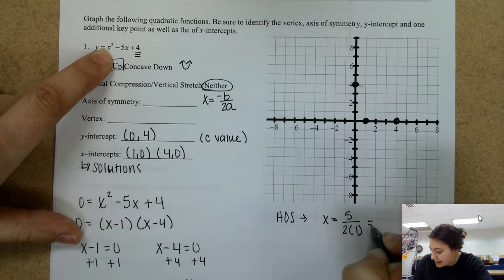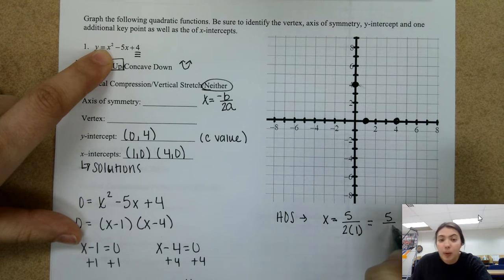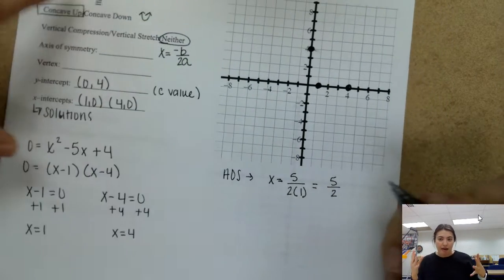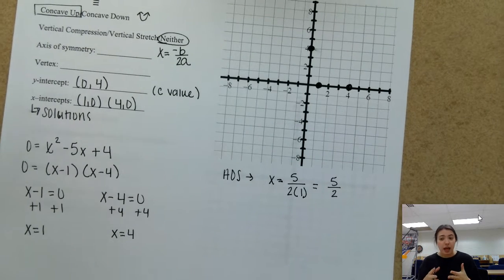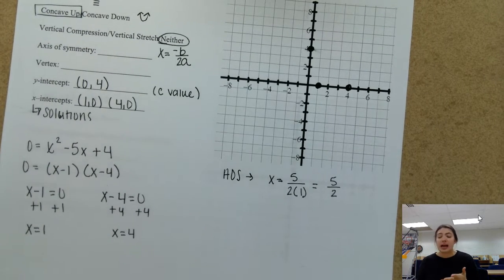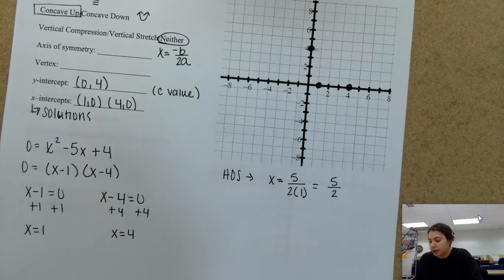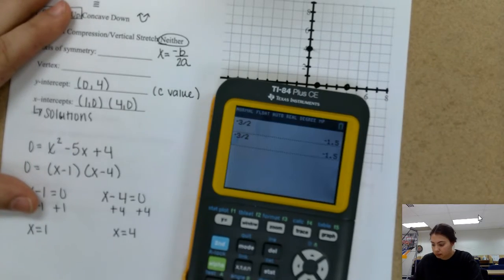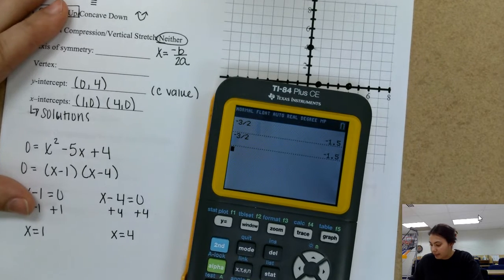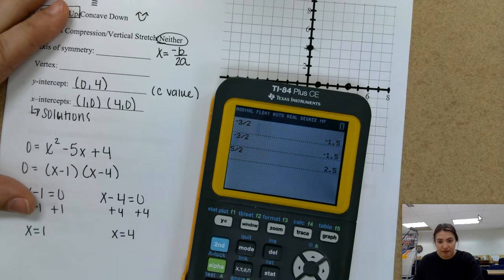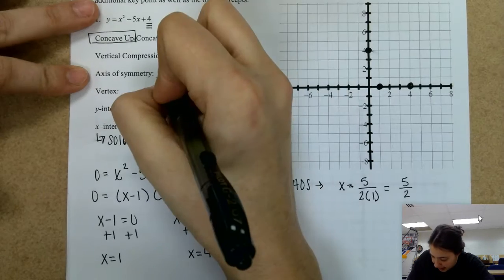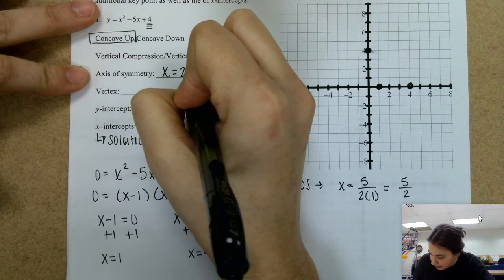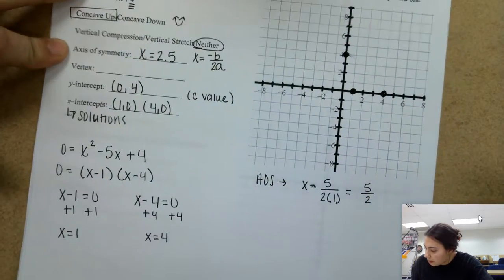So therefore, x is equal to 5 halves, which when we're thinking of graphing, might be easier to think of as a decimal to see where that vertical line lines up. We know that it's not going to be a whole number, but if you take your calculator and take 5 divided by 2, we see that that's 2.5. So our axis of symmetry is the line x equals 2.5,